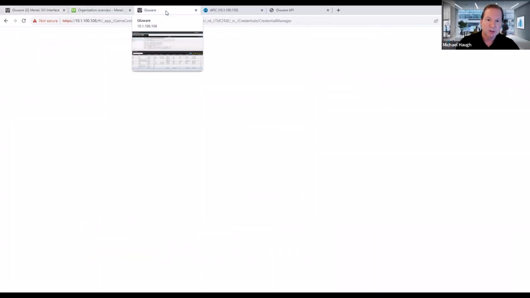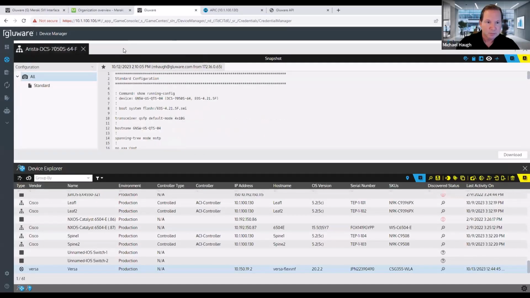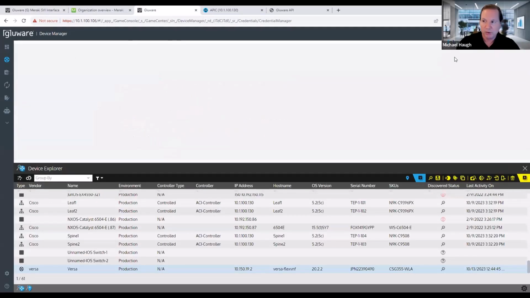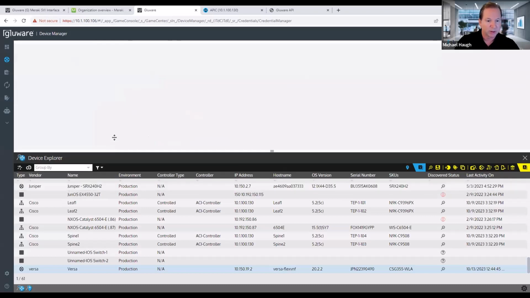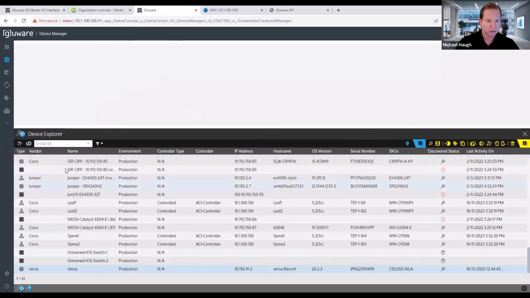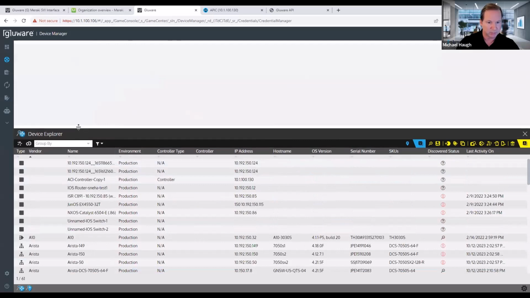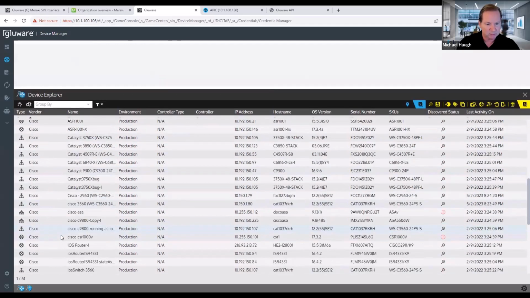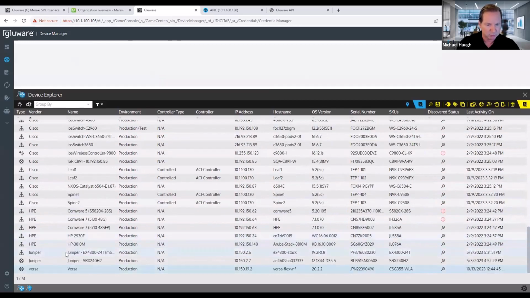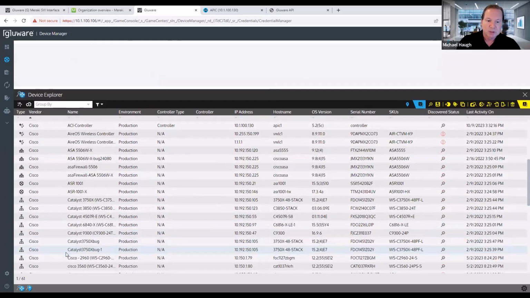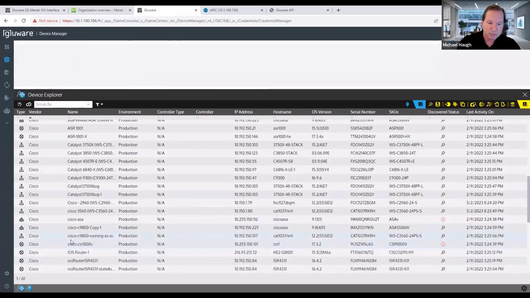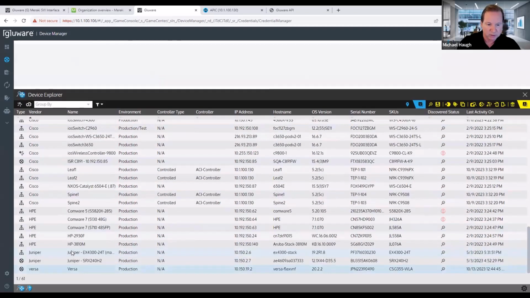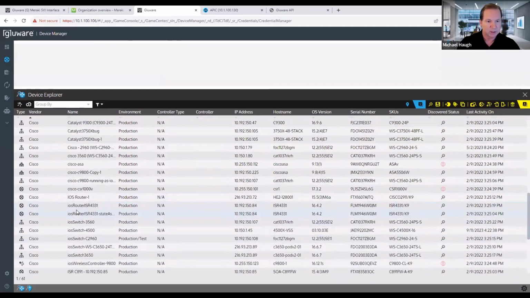Let's go to the last demo here to highlight. I'm going to start with an org. I'm in a particular org here, which is another lab we have at Gluware. And in this org, I have a bunch of other vendors. So let's organize it by vendor again here. And I can see A10, Arista, Checkpoint, a bunch of Cisco, HPE, Juniper, Versa. Okay, so just as a comparison, as I switch a vendor, let's say I look at Arista,